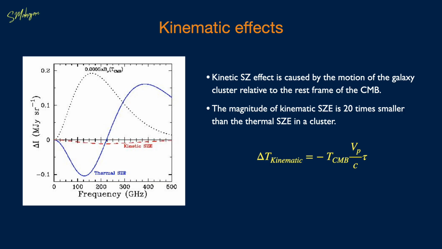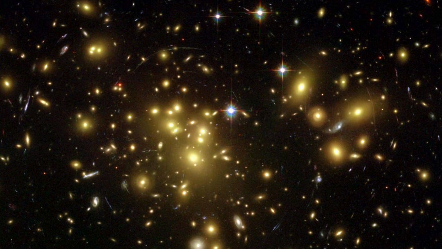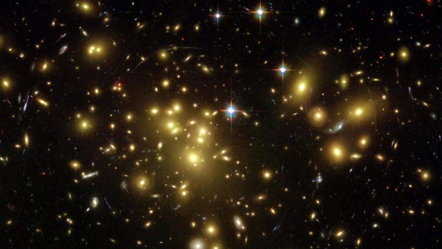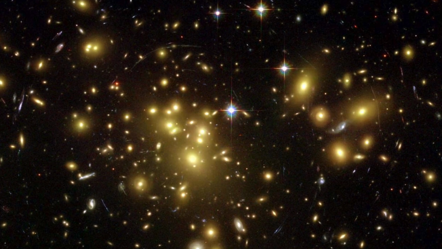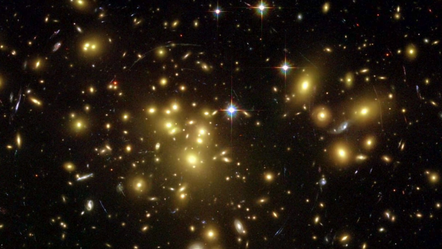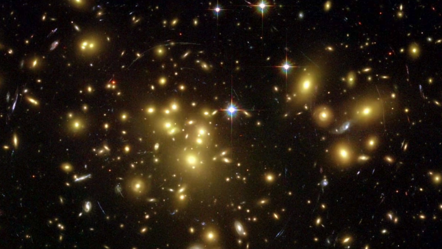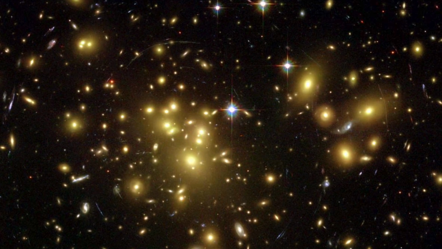This is the kinematic Sunyaev-Zeldovich effect, essentially just the Doppler shift of the photon frequency caused by the motion of the cluster. The magnitude of the effect is proportional to both the line of sight velocity and the mass of electrons in the galaxy. Unfortunately, for a large galaxy cluster, the kinematic Sunyaev-Zeldovich effect is predicted to be on the order of 20 times weaker than the thermal SZ effect, which is already relatively small as shown here.